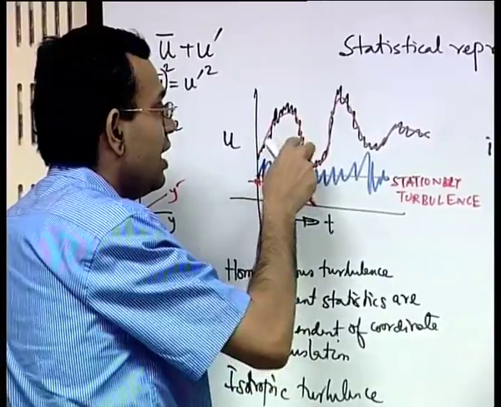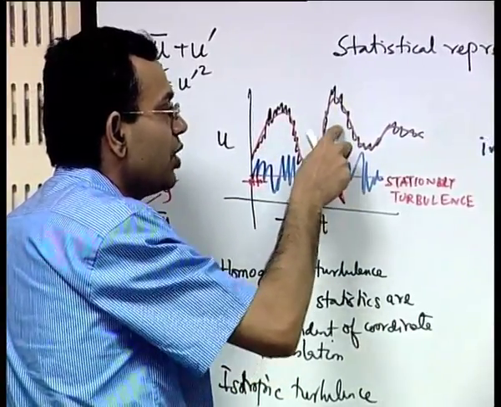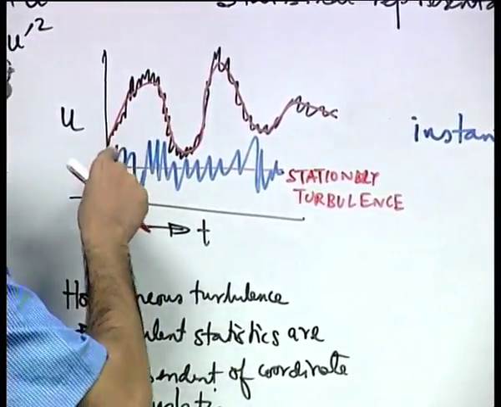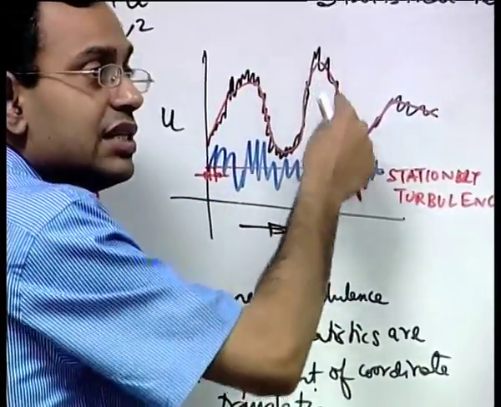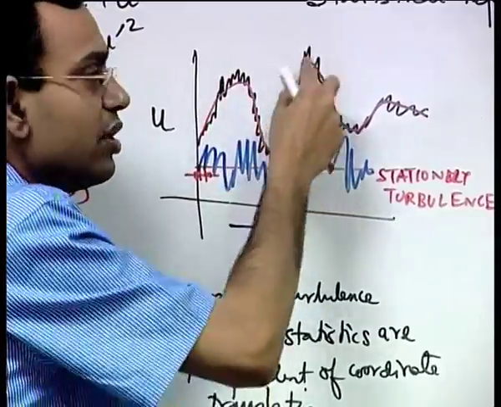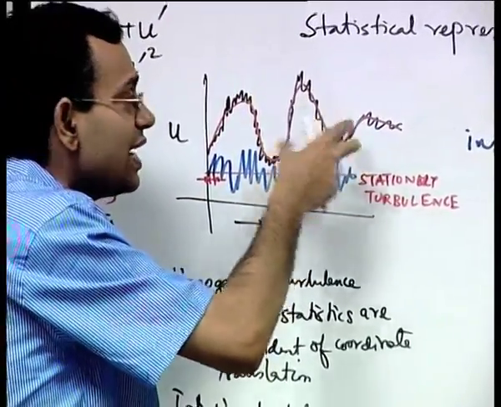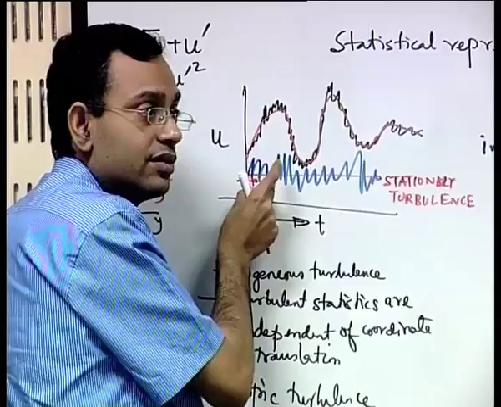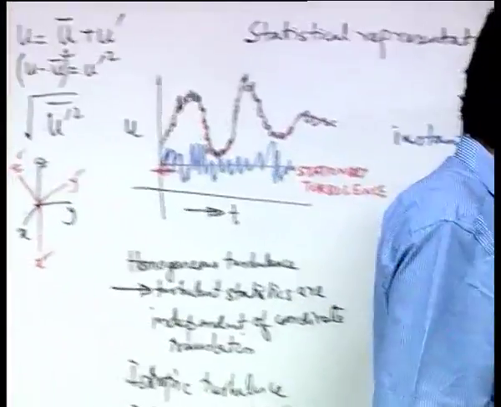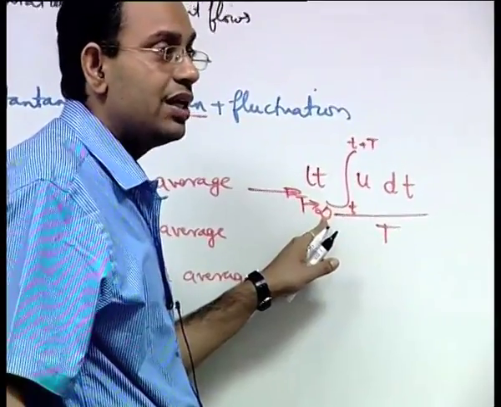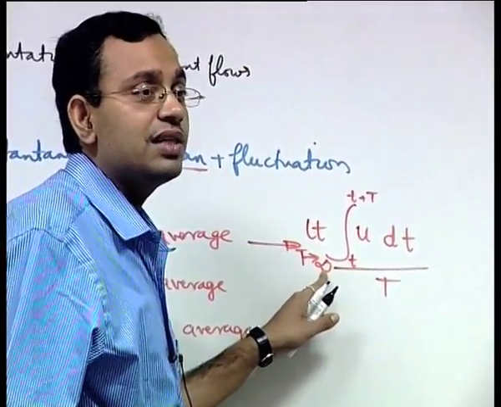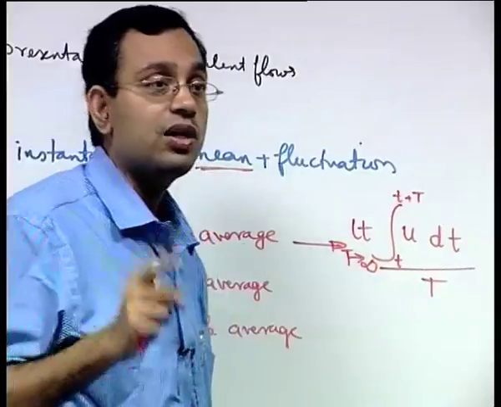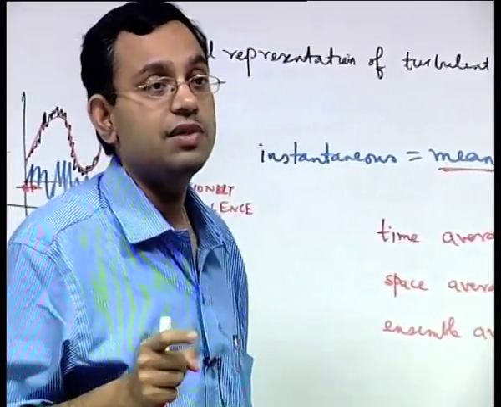So, in the example curve shown above, the bottom one, what can we see? We can see that with respect to time there is a system characteristic time scale where you have a sort of periodicity over the system, and that time scale is much larger than the turbulent fluctuation time scale. So, when we consider capital T tends to infinity, we mean a time scale which is much larger than the turbulent fluctuation time scale, but it must also be much smaller than the system time scale.